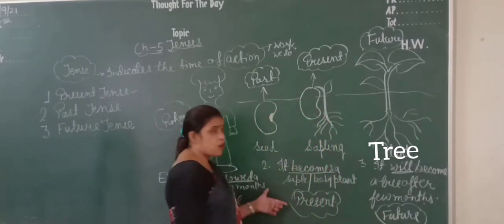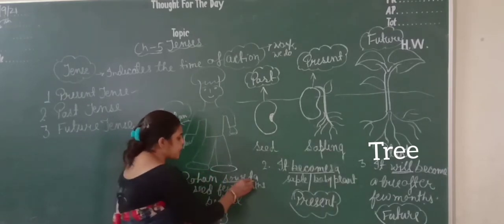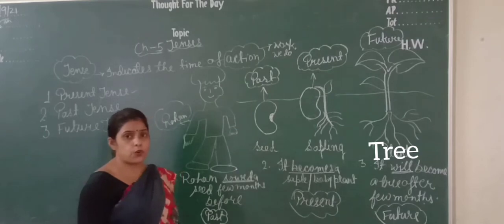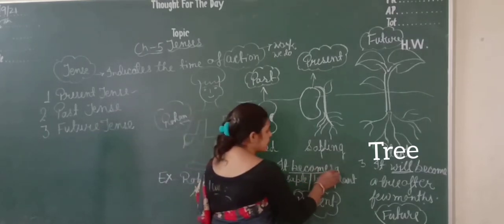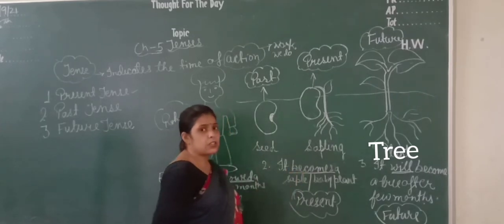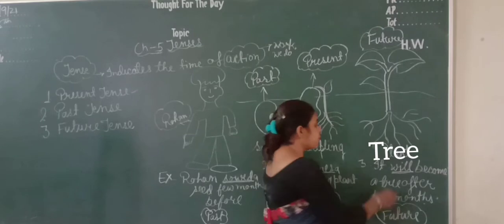So how can you identify? See, when ed is coming in the sentence with verb, it means this is past tense. When s or es is coming in the sentence with verb, it means this is present tense. And when will is coming